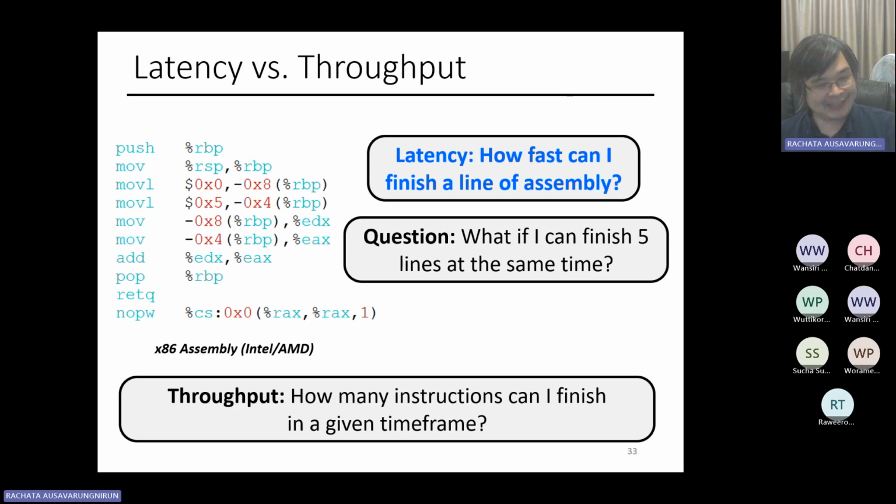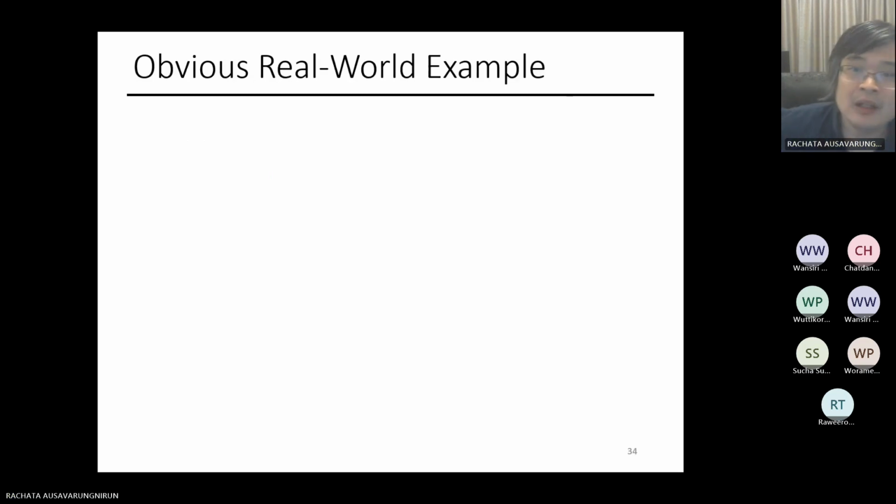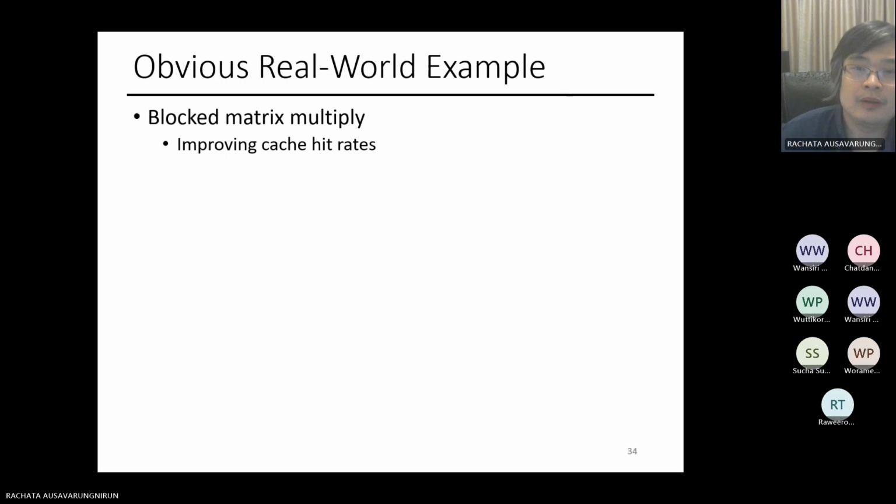I can also have a low bandwidth, low latency, which is every single thing I send takes maybe 1 nanosecond, but I can only send one thing at a time, right? So if you know architecture, there are obvious real-world examples you can do well. For example,